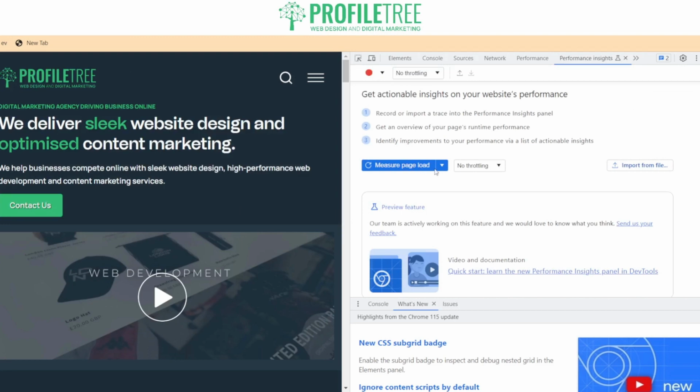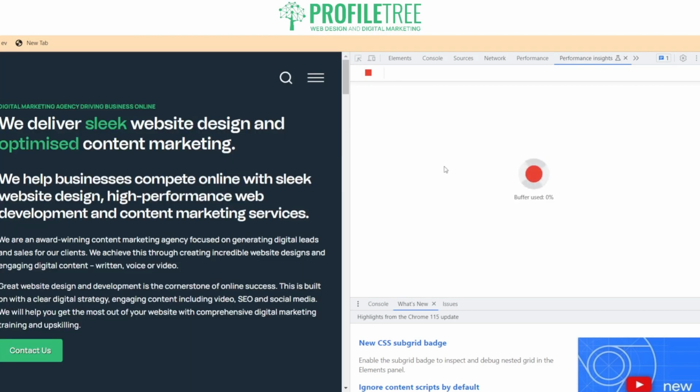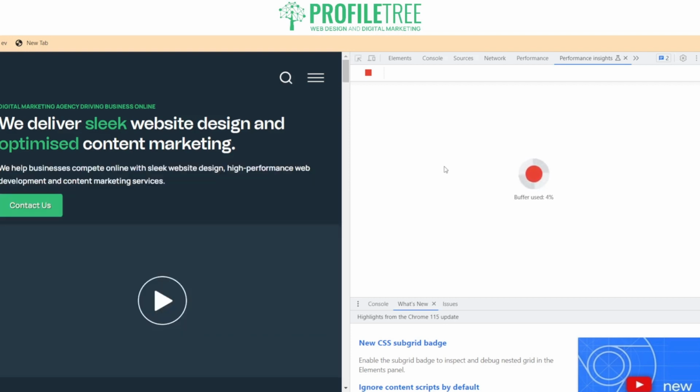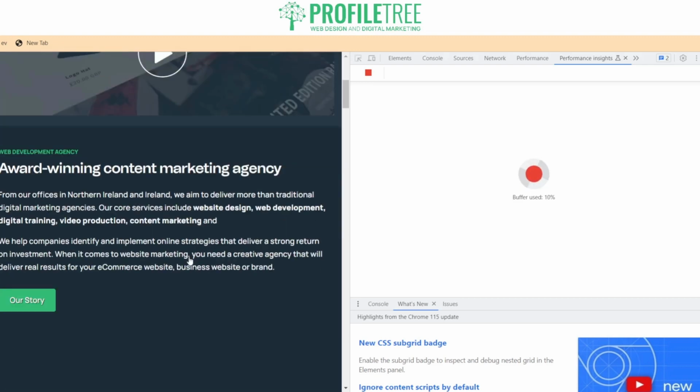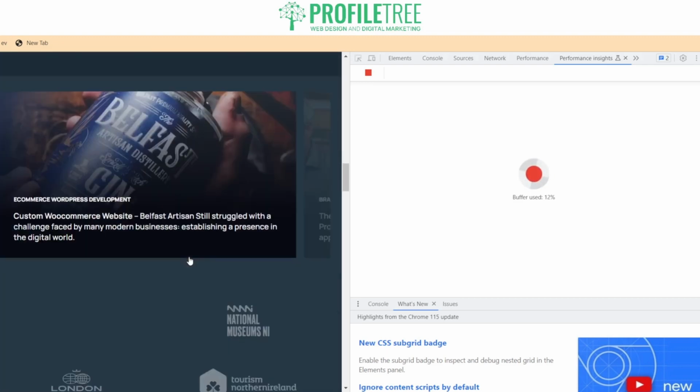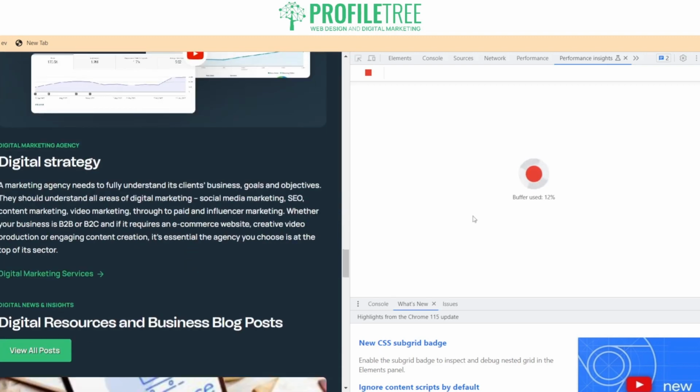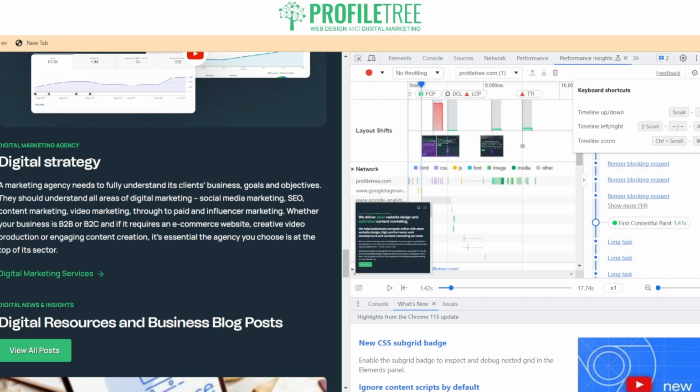So from here we can measure the page speed load. So this is it buffering, you can see, and that's the page loaded on our left. See how it loads as we scroll. So we'll just wait till that buffer is fully done, and that's 100%. So then you can see that it's now retrieving the data. And then we'll get the actual results, so we can see how the site performs. So if we play it,